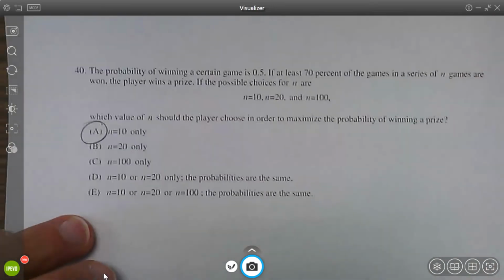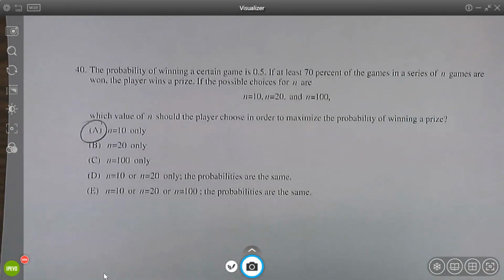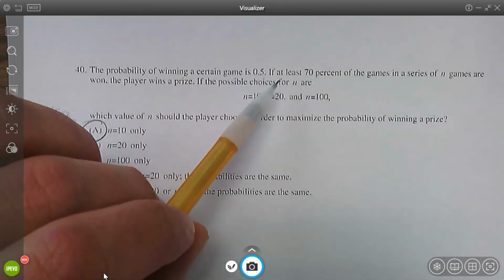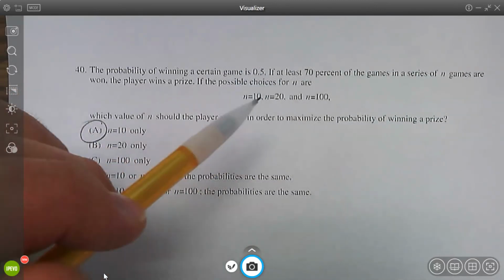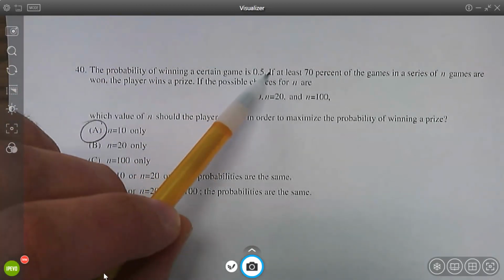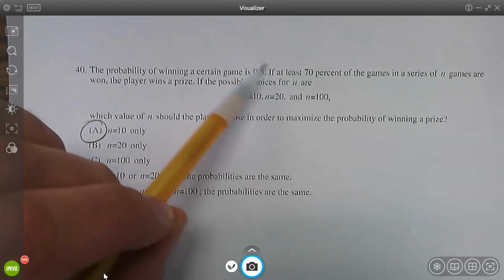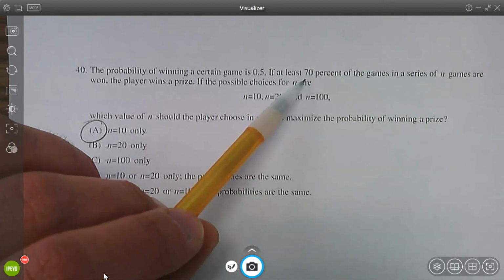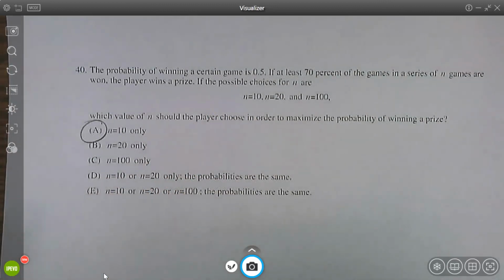And the last one, we want the highest probability. So think of the law of large numbers. The more trials you have, the closer the probability is getting to the real probability. So the more times you play the game, the closer the probability of winning is going to get to 50-50. So we want to play as few times as possible to win this prize. So that would be choice